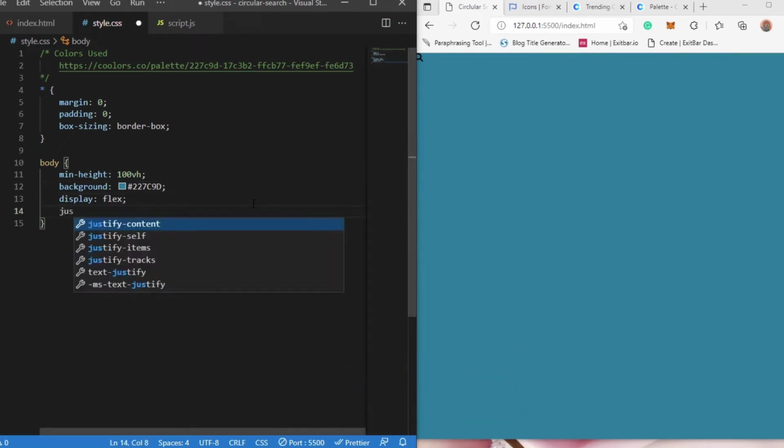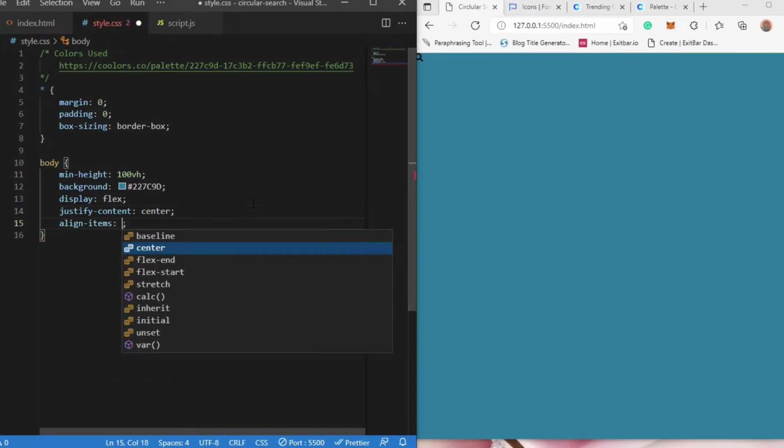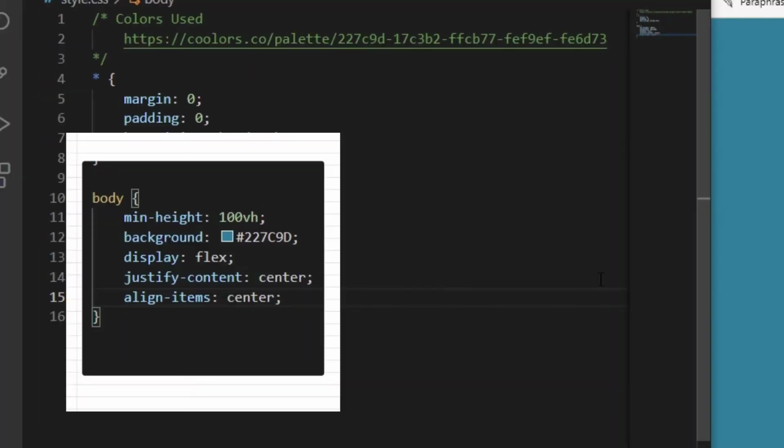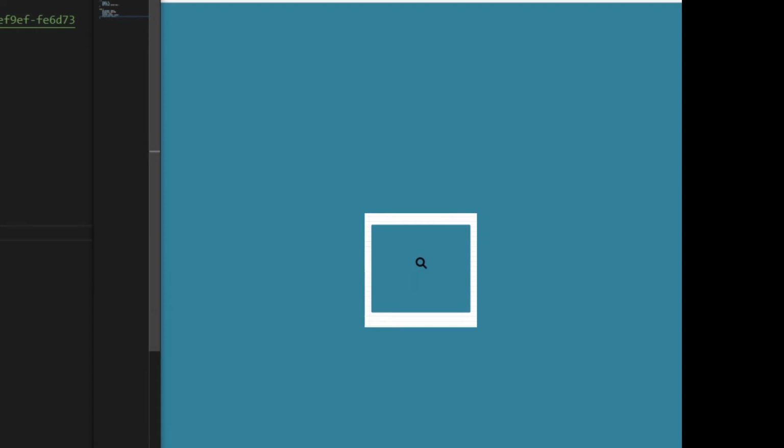And next guys, I will make the icon in the center. For that I'm using flex, and guys, this piece of code if you use it will make everything in the center. See,